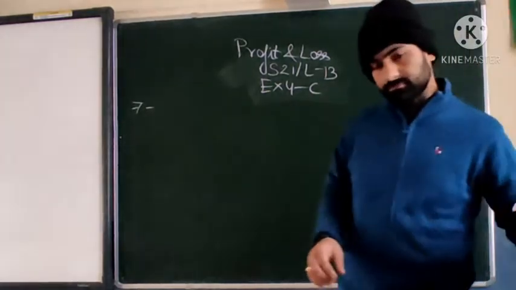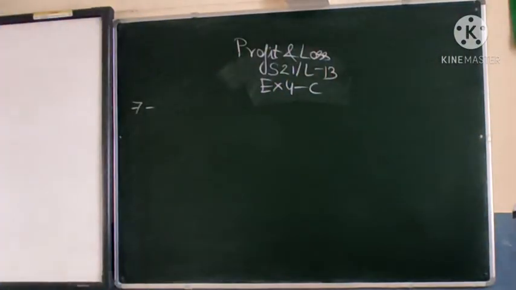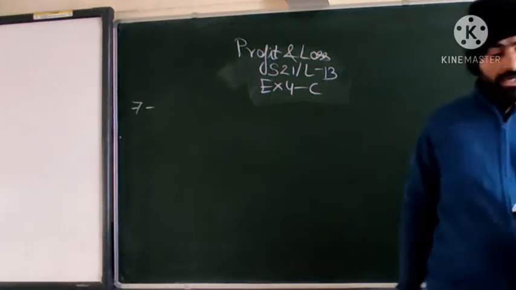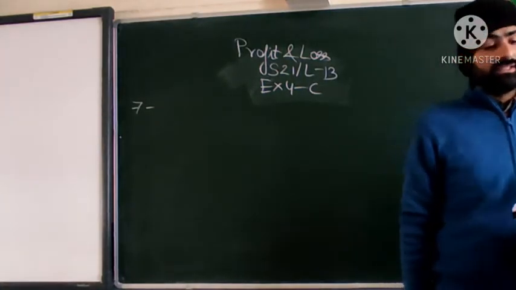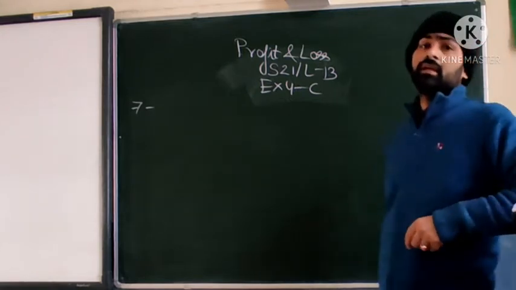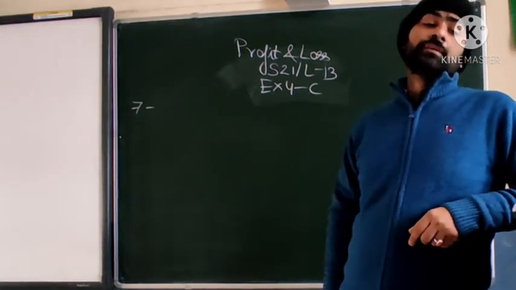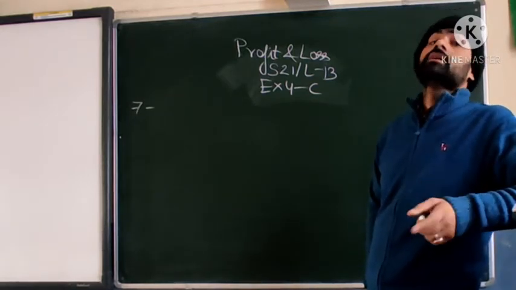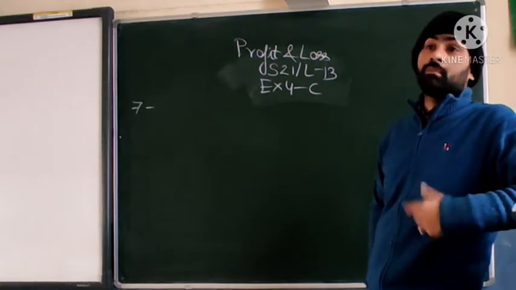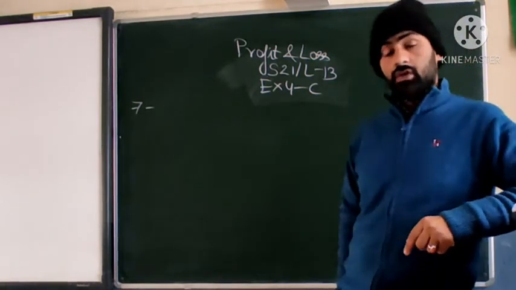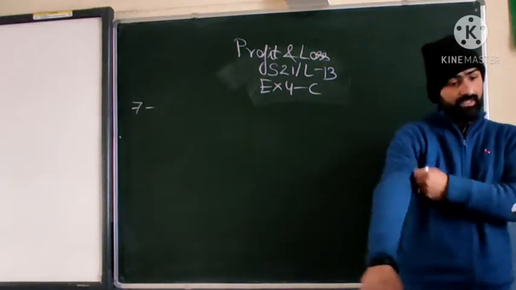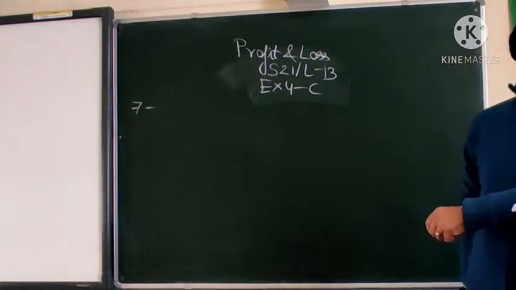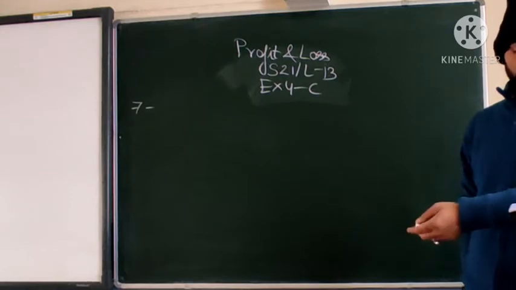So 20% discount is given, and tax is charged at 13%. Now see, the question also tells that 13% is on the selling price. And what is the selling price? The selling price is the price which you get after the discount. That means discount is given on the marked price. After subtracting the discount from the marked price, what you get is the selling price. And on that selling price, you are charged 13% more.